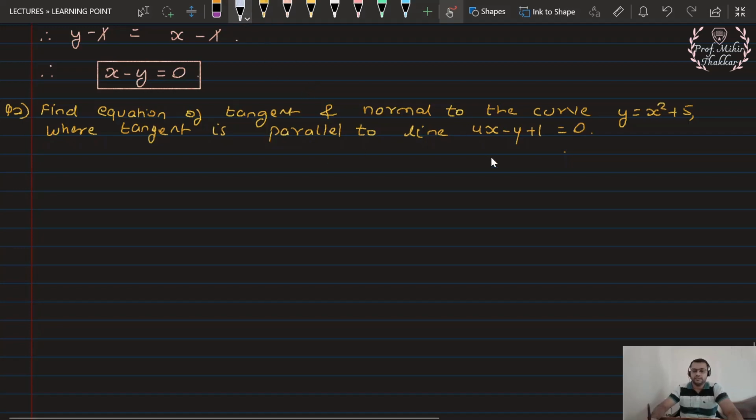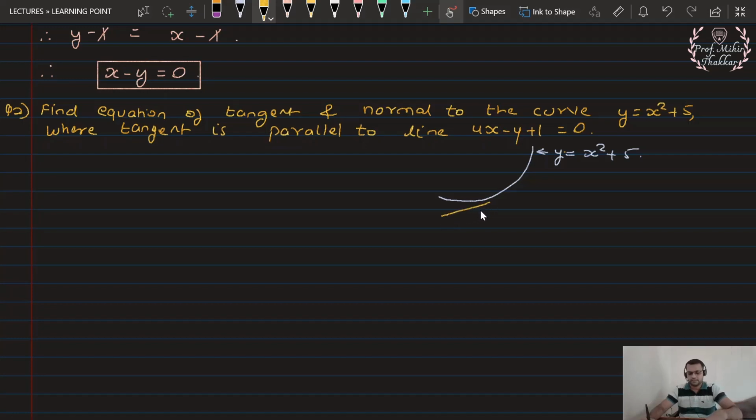Let us understand this case with the help of a small diagram. Suppose I consider this is the required curve whose equation is y is equal to x square plus 5. Suppose we have a tangent touching the curve at this point, and there is another line which is parallel to the tangent. The equation of this line is given to be